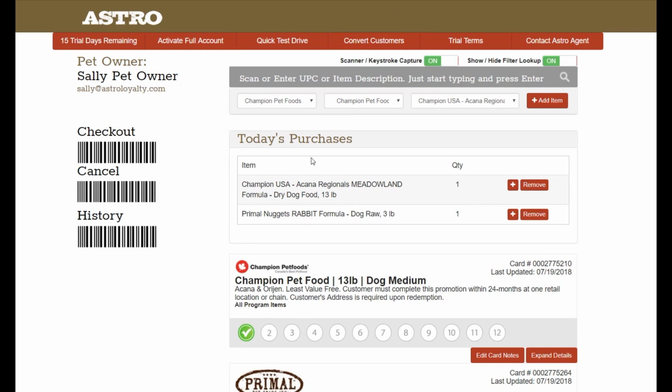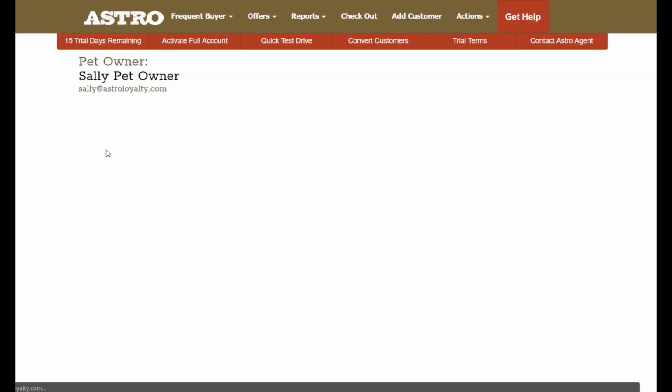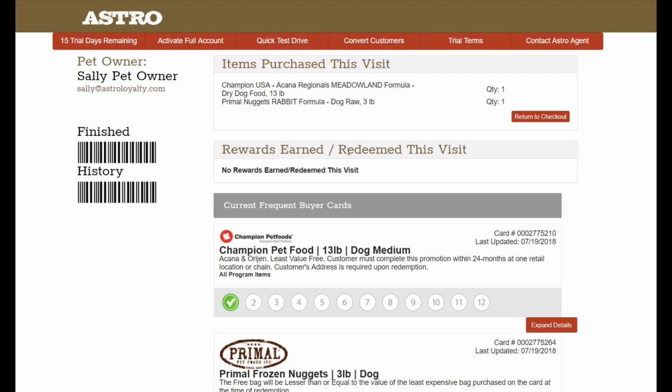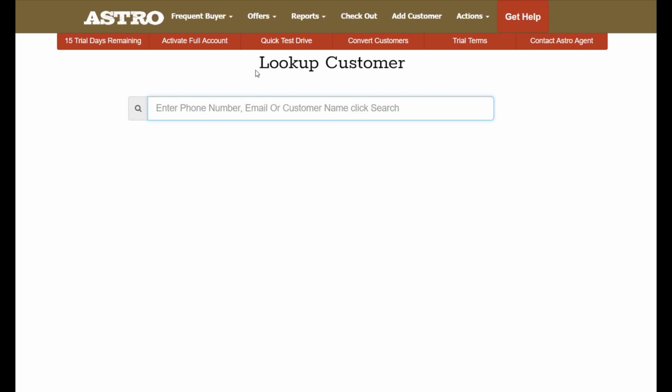Once your today's purchases match what your customer is purchasing this day, you can select Checkout. From this screen, you can review and make sure that everything has been entered appropriately. If you need to make any changes to this transaction, you can select Return to Checkout from here. Otherwise, you can go ahead and select Finish to seal in this transaction. This will bring you back to the Look Up Customer screen where you can go ahead and look up your